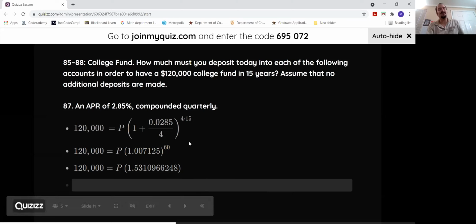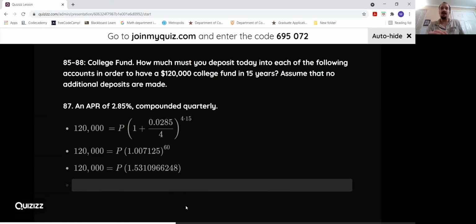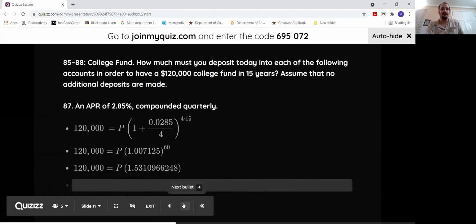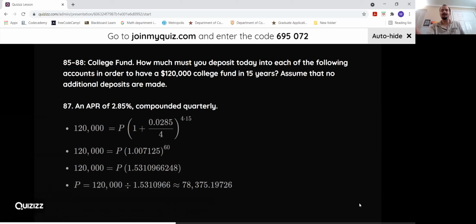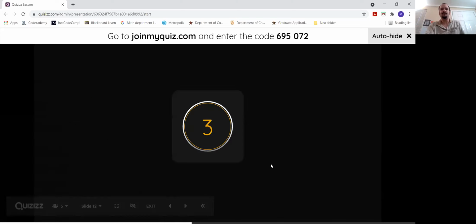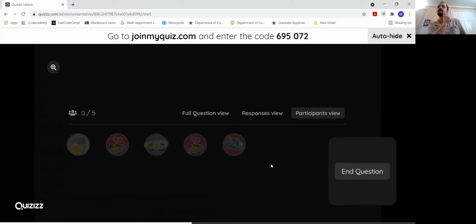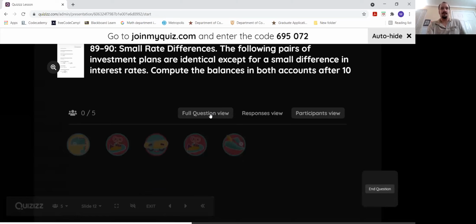I think the most common thing is sometimes people will multiply their exponents for some reason. It's got to be raised to that number. And then the last thing is we're going to divide those. And we should get 78,375. That's it. And so